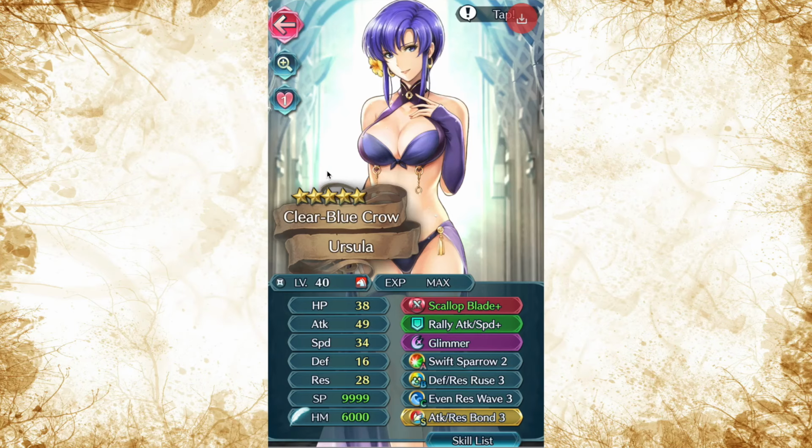It is TechLock here, and today we are diving into more hero builds, and this time we're going to tackle the second summer banner of Summer 2019, Summer Refresher. Today we're going to talk about Ursula and Lilina, the two dagger calves that we got on this banner,